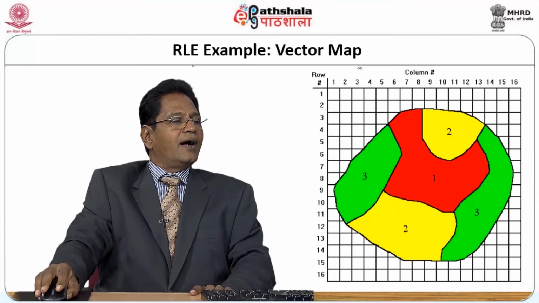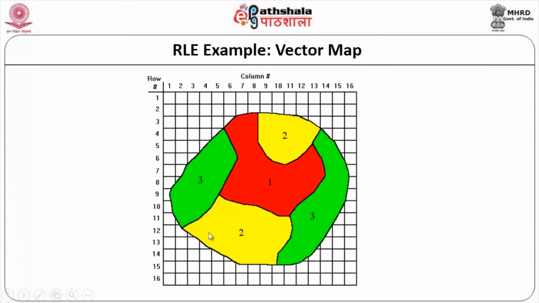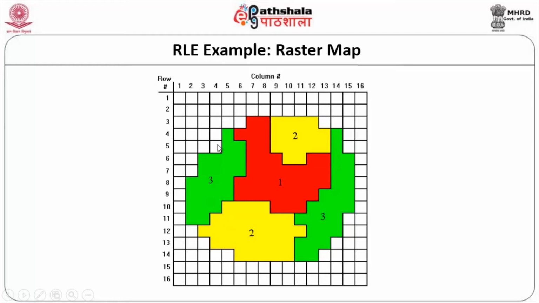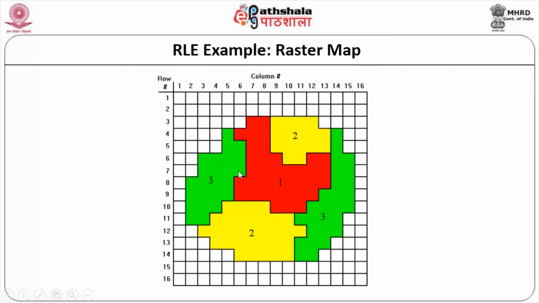If you look at the RLE example for a vector map, you can see the smoothness of this vector map. The same thing when I am using in raster becomes coarser. How do you avoid this, how do you improve that smoothness? Obviously, when I divide this into further n number of cells, that is refining the resolution of the cell, the map also will get smoothened. To attain this, we can smoothen this. Well, how do you represent this object? Do not worry about this particular aspect, that can be improved.